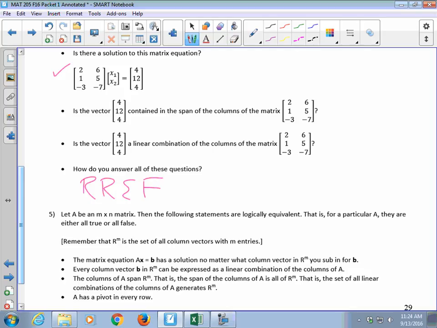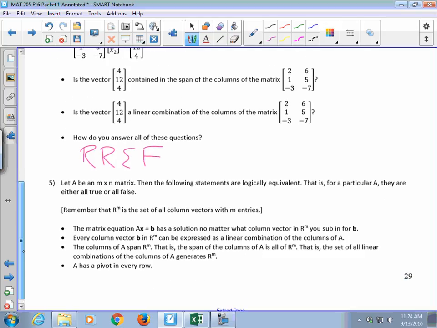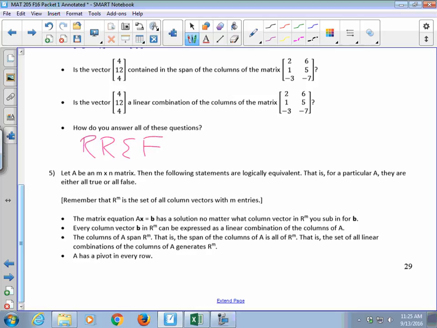RREF. All right, here's a really important theorem from the reading. It says that if you have an M by N matrix, all of these statements are logically equivalent. That means they're either all true or all false. So if I were to ask you about the matrix equation having a solution,